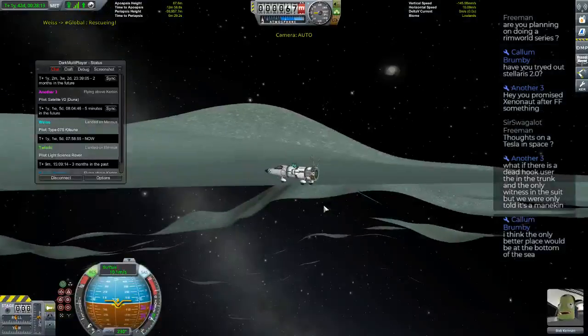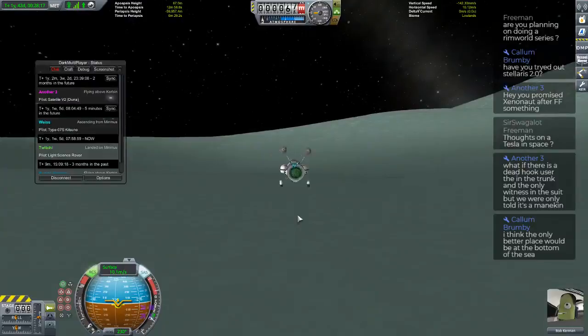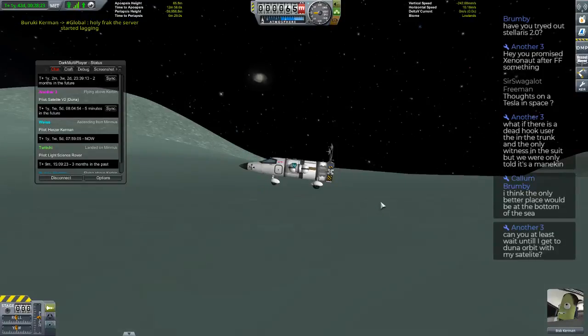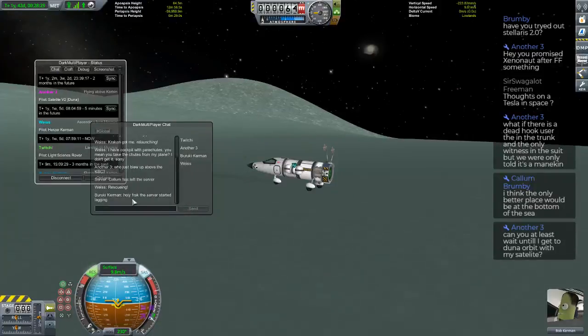I think the only better place would be the bottom of the sea. Just literally any, like, burn it. There are better ways of doing stuff. Can I wait till you're in orbit of Juno? I mean, I can not close the server till then, but